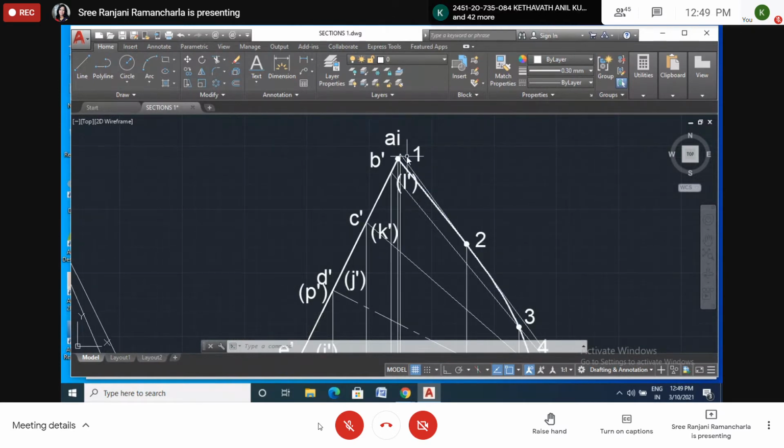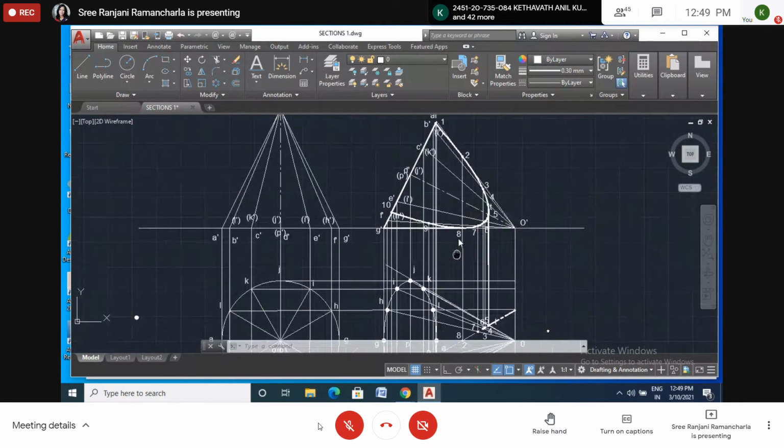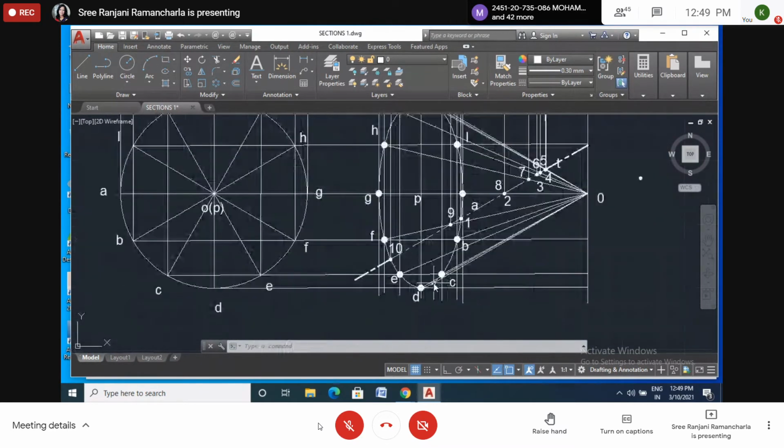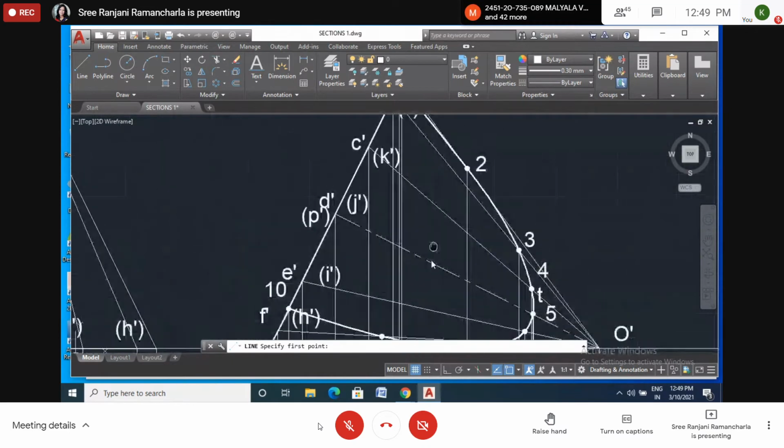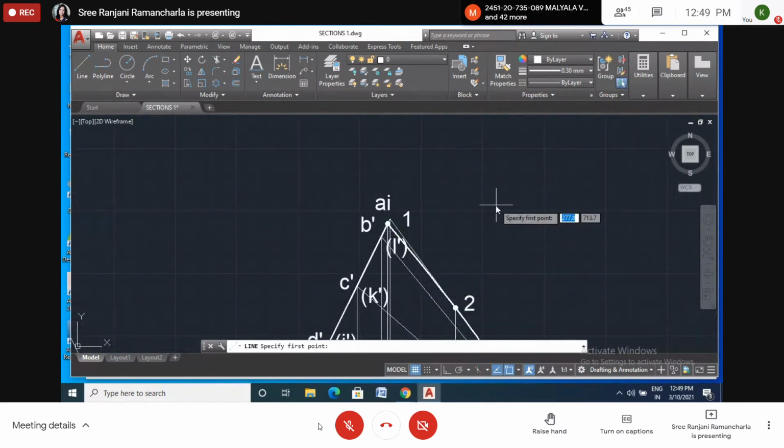So here, what about this portion? You'll see this portion. Yes, this portion is not there. This is A, right? So this portion is there. So from here to here, we have to make a thick line, from A to 2. Okay, from A to 2. So we have to draw the line here with a thickness.